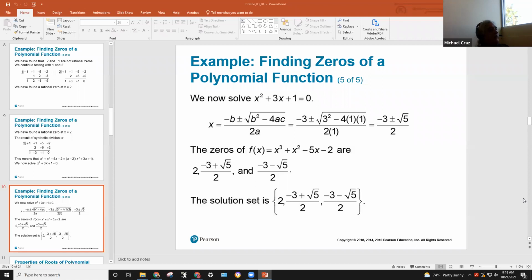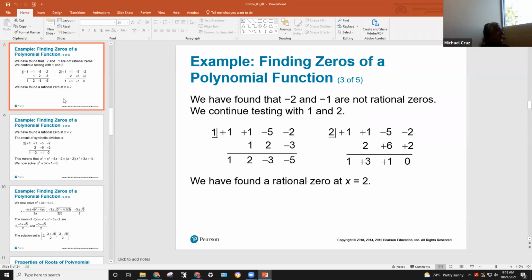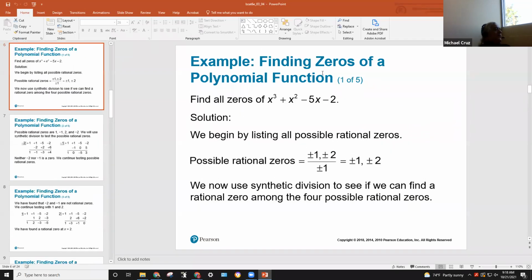Okay, so there's the three solutions. And if I had mentioned it before, go back to this original one. What this means is the highest power right there, x to the 3, you're going to have at most that many solutions. You could have a repeated solution,